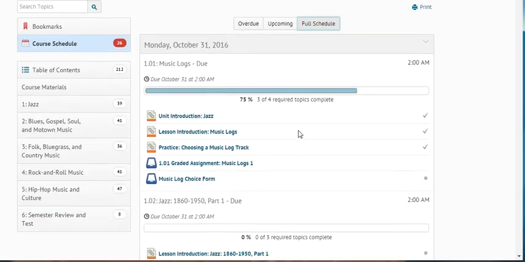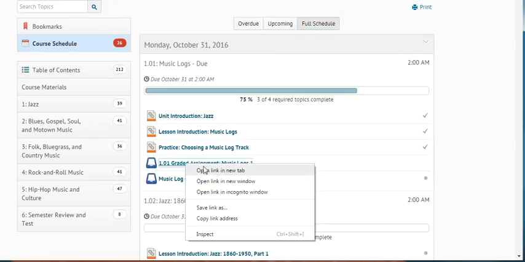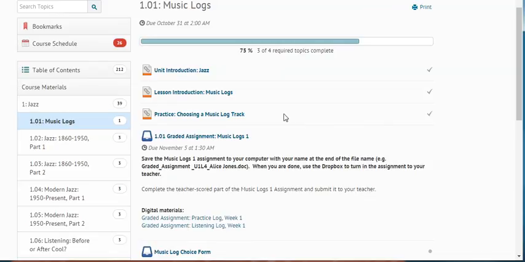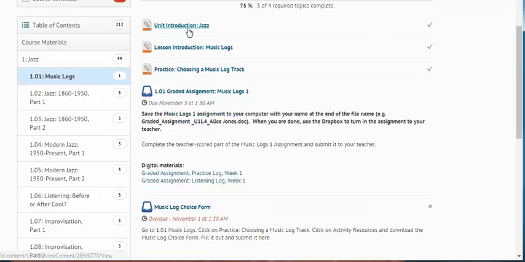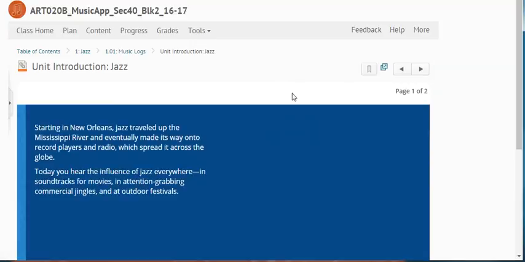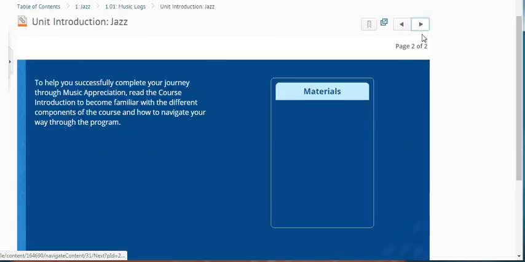So if you want to just keep this course schedule open and then right click on things and open them in a new tab or a new window, that way you don't lose your spot in here, you can. Or you can just go right directly to the content and you can just start working. And how you do that is you just are going to click the arrow,